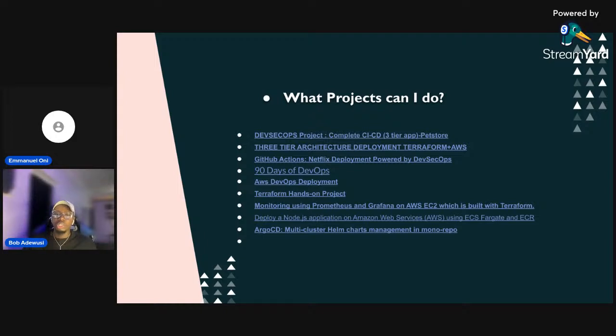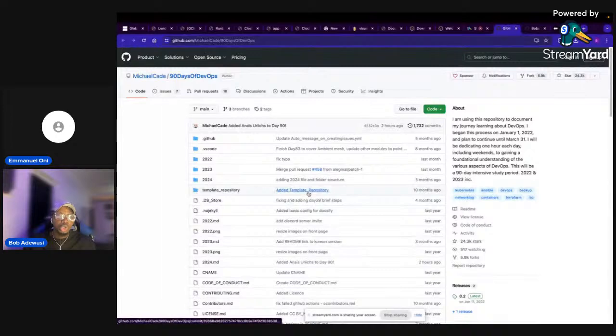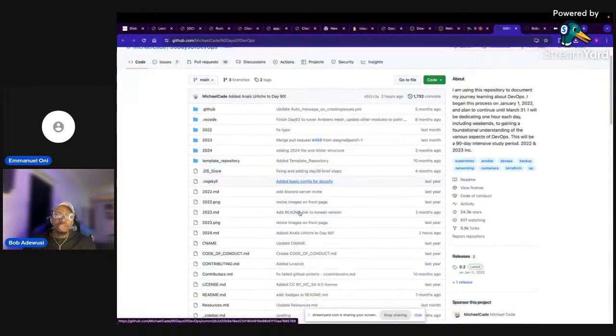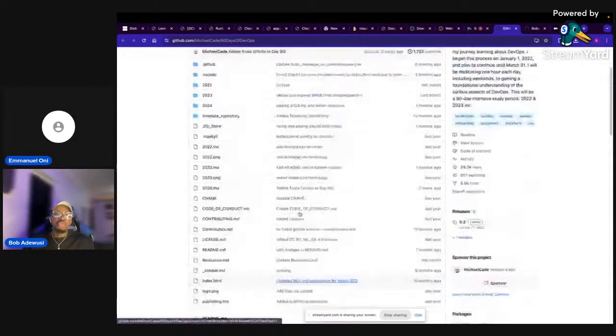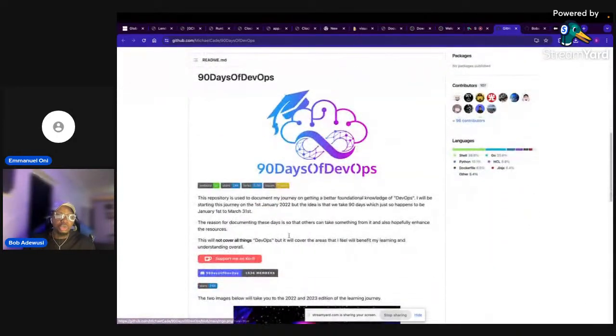All right, so if you see here, this is 90 Days of DevOps. So you want to get started with DevOps, but you don't know what point you're going to get started from, and so this is a well curated learning path. It's not like you're going to cover everything. You're not going to know everything about DevOps with this one, but you are going to learn very, very well